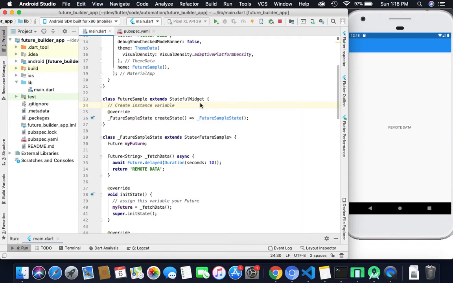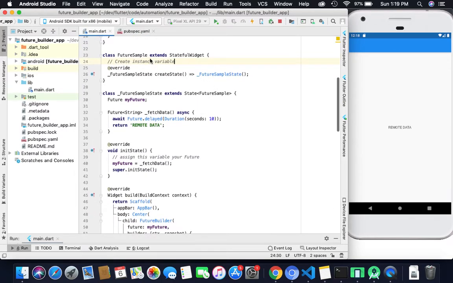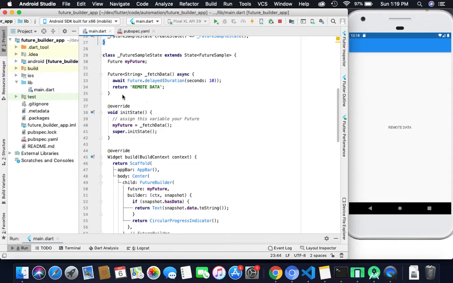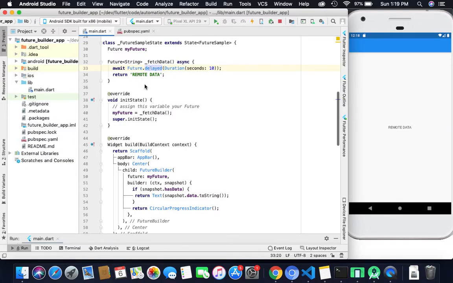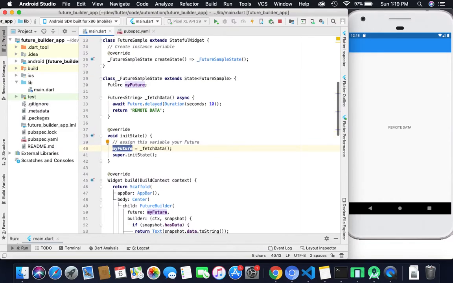This is the sample which I already created for you guys. As you can see, this is our future sample, and there is a stateful widget. Inside the stateful widget I have a fetch data method with a Future.delayed of 10 seconds, and after that we return the string data in the form of a future. Inside initState we declare my future variable and call fetchData.